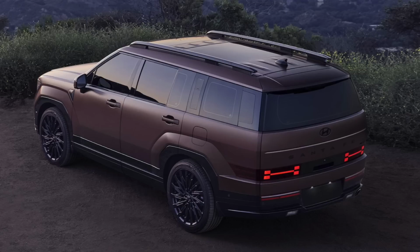How about you? Do you like the boxy look? For me, I love the boxy look. I would rather have a vehicle that looks boxy than a vehicle that's really sleek with smooth lines. I don't know. Let me know what your preference is in the comments. But that change was a massive change in generation. If you look at the 2023 Santa Fe and you look at the 2024 Santa Fe, you're like, whoa, is that even the same vehicle? Like, that's just a